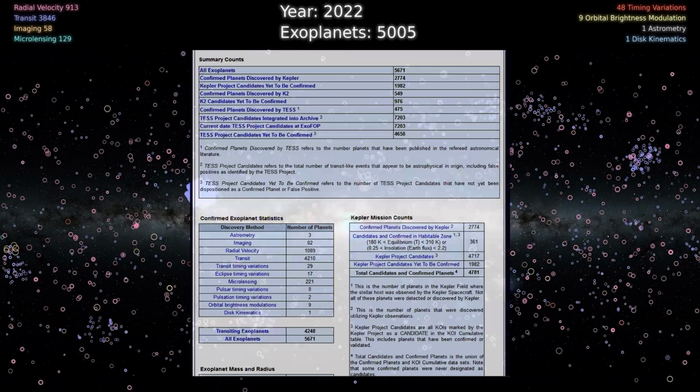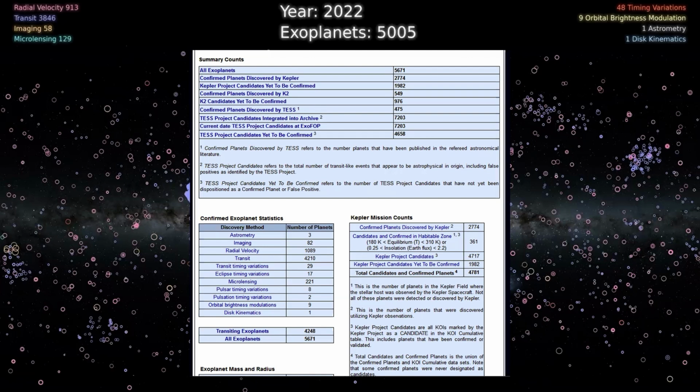And here is a more recent summary that again, if you look at this one, you will see that TESS candidates, there are 7203 candidates integrated into the archive, and the project candidates yet to be confirmed is 4,658.